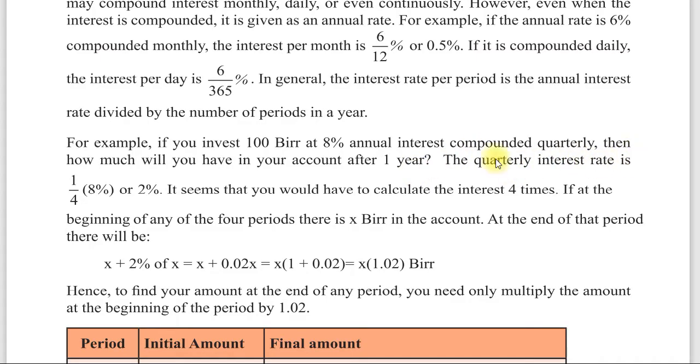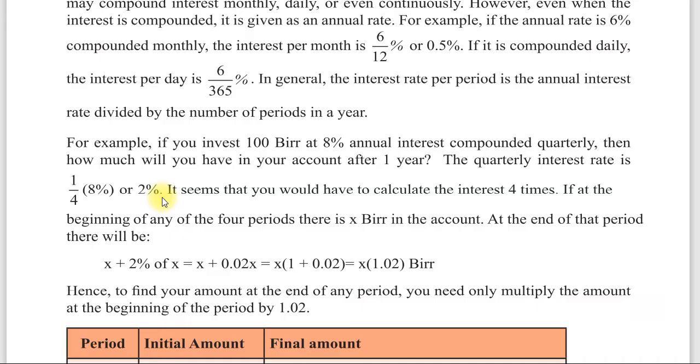The quarterly interest rate is 1/4 of 8% or 2%. አሁን ተመልከቱ። አሁን 100 ብር ኢንቨስት ብታደርጉና 8% አኑዋል ቢሆን ሬቱ እና ደግሞ ኮምፓውንድ ነው ኢንተረስቱ ኮምፓውንድ ሆኖ ኳርተርሊ ቢከፈል ልንከፍለው የሚገባው ፐርሰንት ምን ያክል ነው? 1/4 of 8% ነው። 8% እንግዲህ አመታዊው ነው አኑዋሊ። የሚከፈለው ኳርተርሊ በአመት 4 ጊዜ ከሆነ 1/4 of 8% which is 2%። ስለዚህ